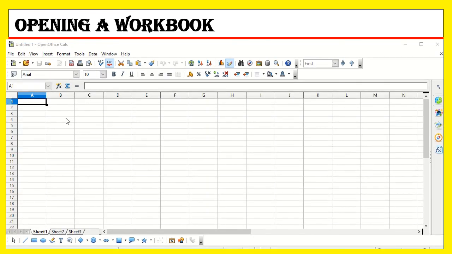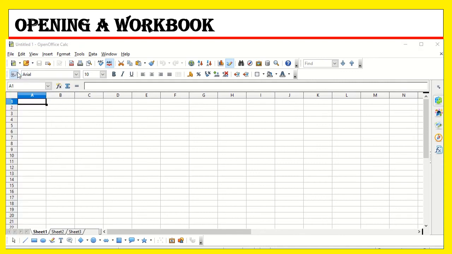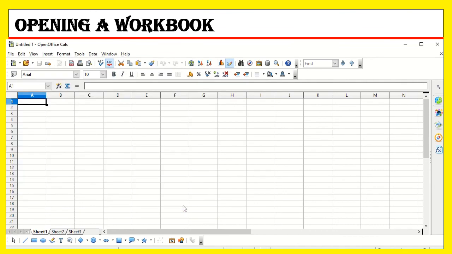Children, if you want to open an existing workbook, what you have to do is, you can select the open icon from the standard toolbar, or else you can press Ctrl+O keys on the keyboard, or else you can select the file menu and choose open, so that the open dialog box appears. Now go to the desired location where you have saved the file, select the file name and click on the open button.